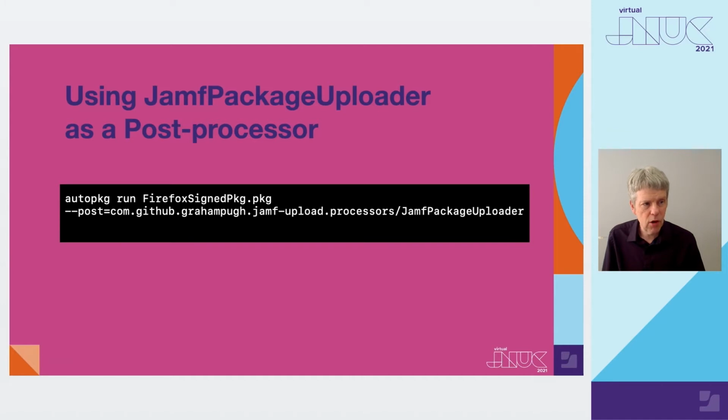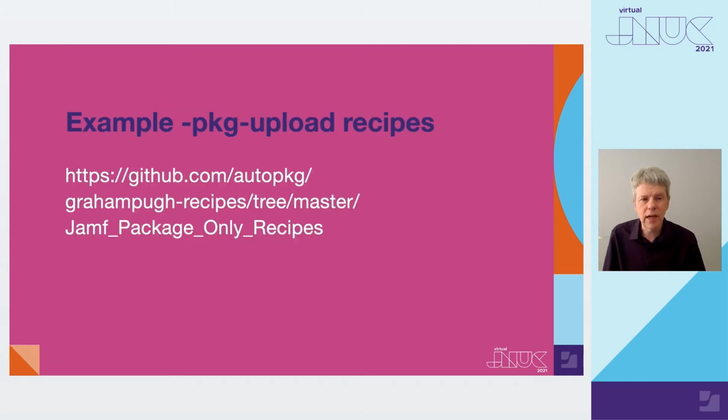Jamf Package Uploader also lets you attach a category to the package, which you can specify using the -k or the --key flag. The only caveat is that the category must already exist if you run it this way. Note that the key flag is a general AutoPackage option for the run verb, which can be handy if you need to supply an input variable for a recipe run on a one-off basis. While this method works perfectly well, I suspect most of you will want to use an AutoPackage recipe to do this work. Let's look at how this would be done.